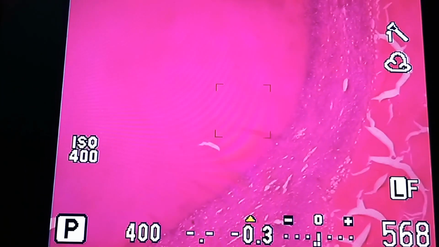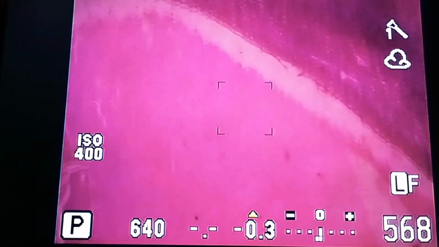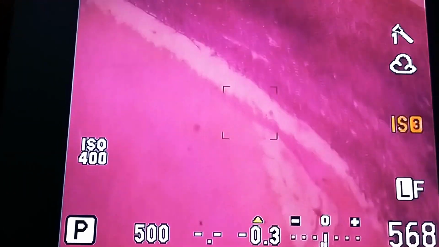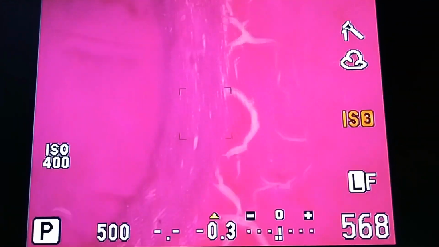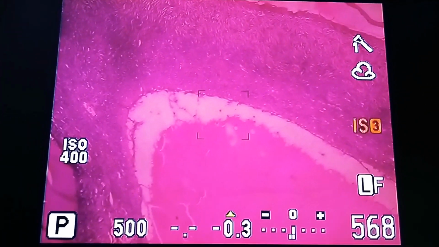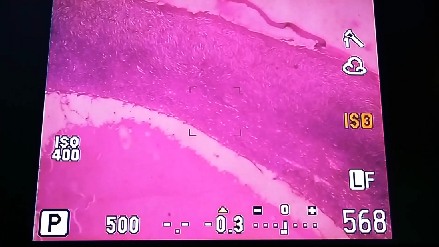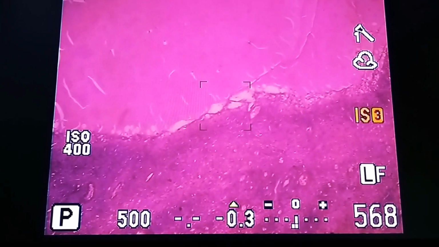Now I'll show you another corpus luteum which is atretic. Now see this one. See the difference. This is another one by the side. This is the atretic one. Is it clear?